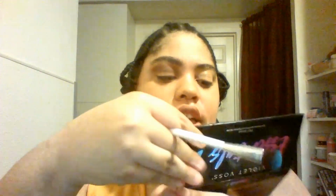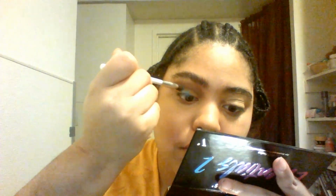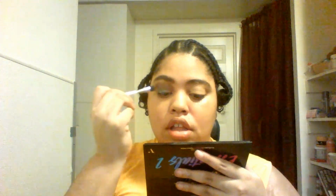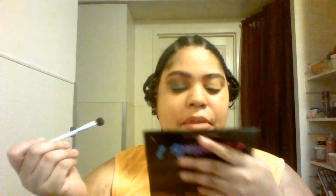So I'm going to look down because I want this to go on my lid, and there is fallout. So if fallout is something that bothers you, I would just be careful of that. So on the bottom, as you can see, I'm just putting this on the bottom, making sure that I do not touch my crease,